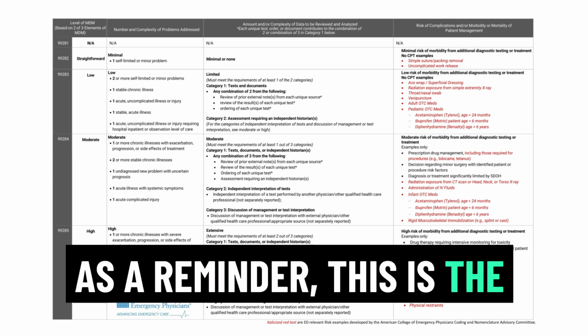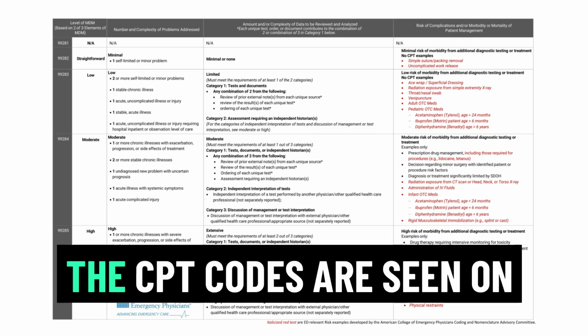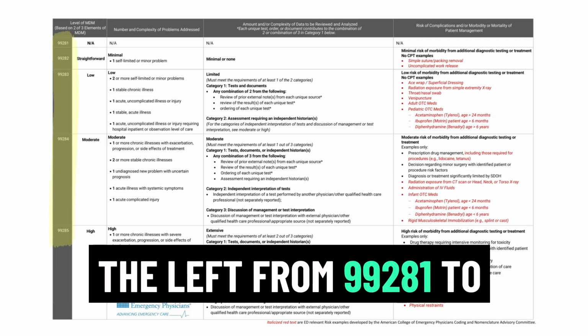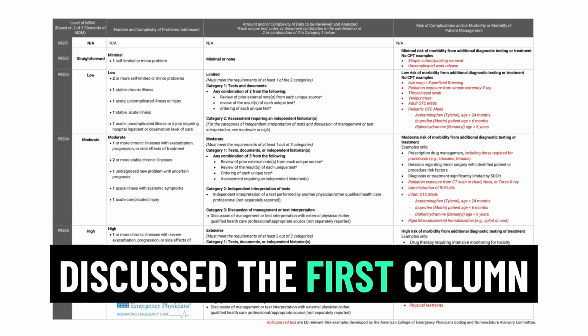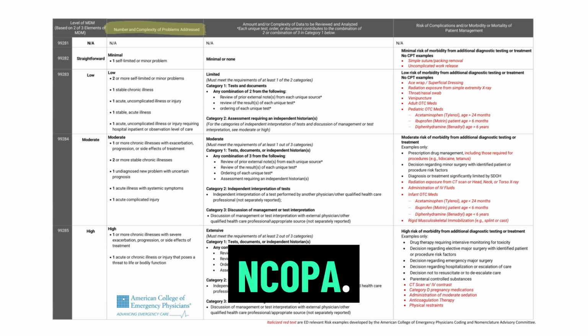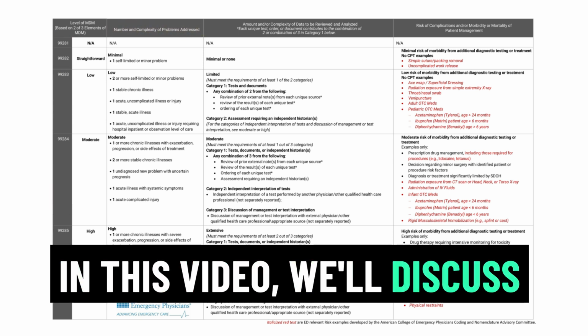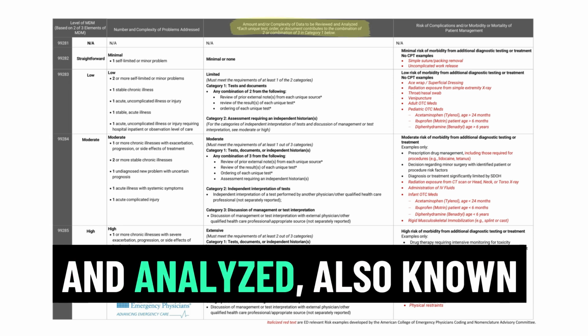As a reminder, this is the MDM grid which determines the final E&M CPT code for an ED visit. The CPT codes are seen on the left from 99281 to 99285. In the last video, we discussed the first column, the number and complexity of problems addressed, or COPA or NCOPA. In this video, we'll discuss the second column, amount and/or complexity of data to be reviewed and analyzed, also